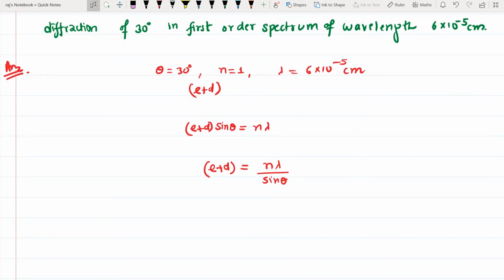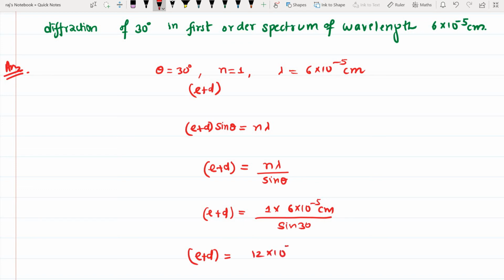So E plus D is equal to n is 1, lambda is 6 into 10 to the power minus 5 centimeters, divided by sin 30. So we will get E plus D equal to 12 into 10 to the power minus 5